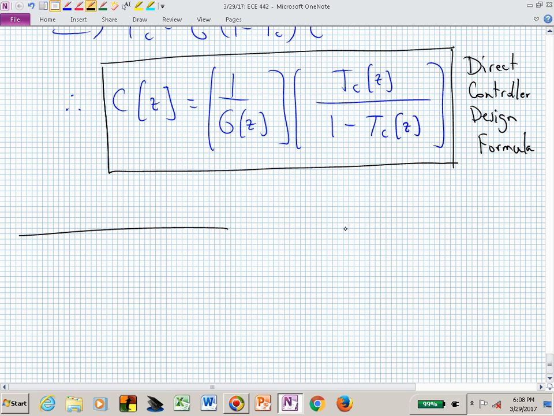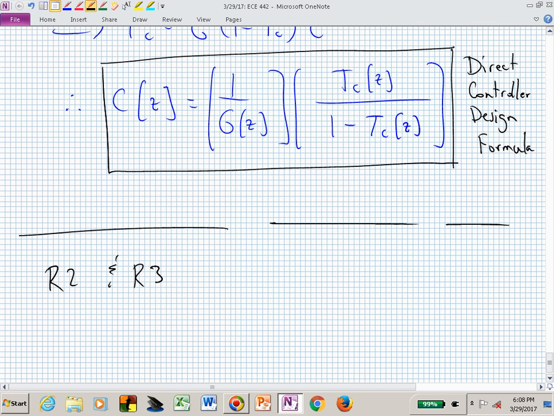So now we've looked at restriction 1, we've looked at the design formula. We're trying to get through all of these justifications for the different restrictions. And do I really need to cover restrictions 2 and 3? I just verbally did. Restriction 2, I hope you can see why, if we want C of Z not to be canceling unstable poles and zeros, then we need to get rid of those factors that occur in 1 over G of Z. And the way that we can do it is by imposing certain conditions on T sub C of Z.